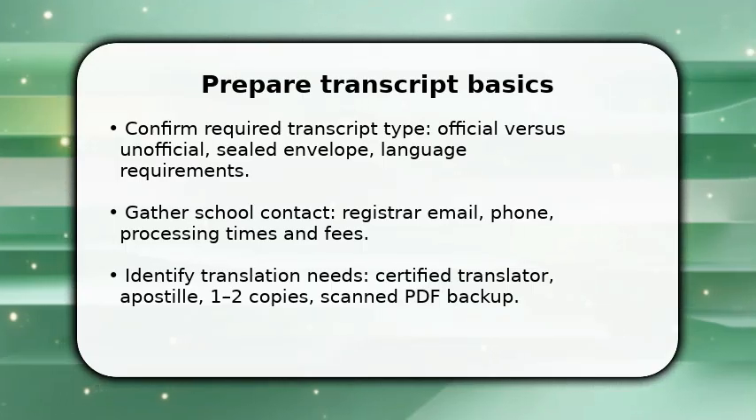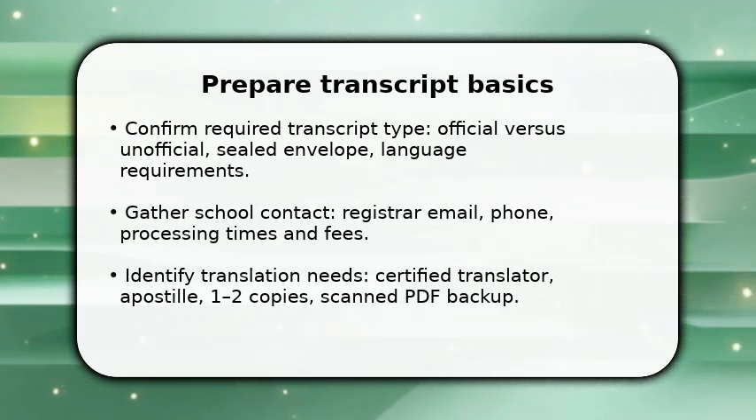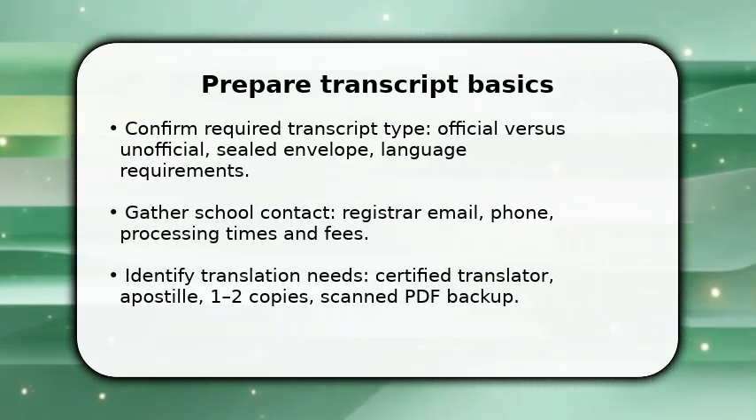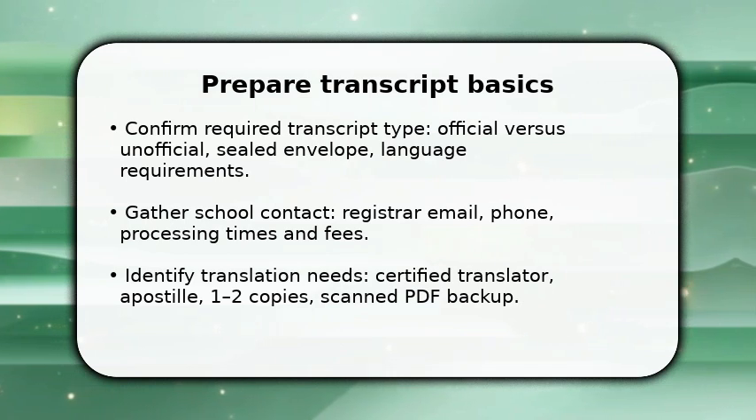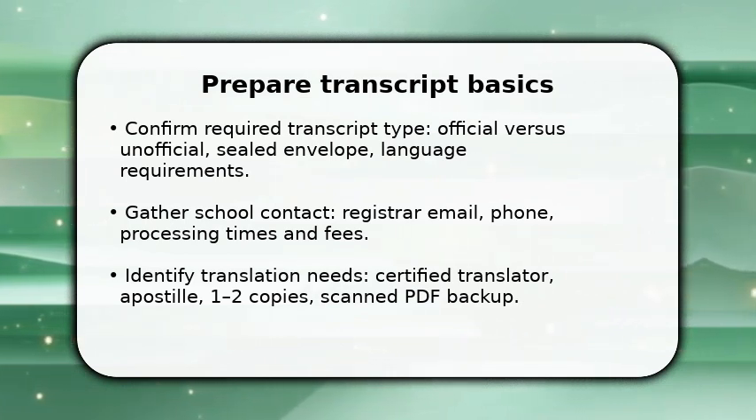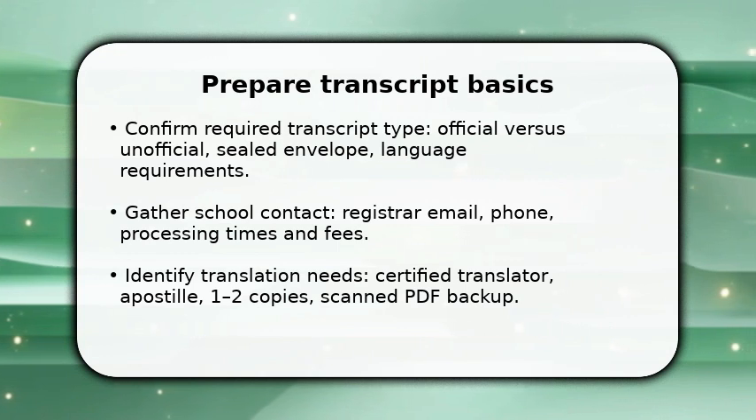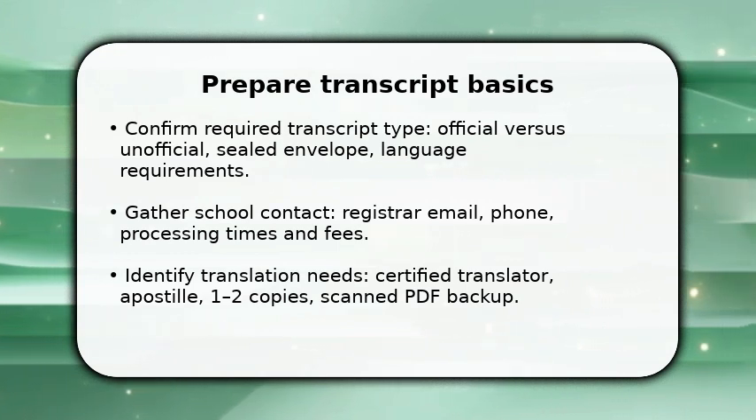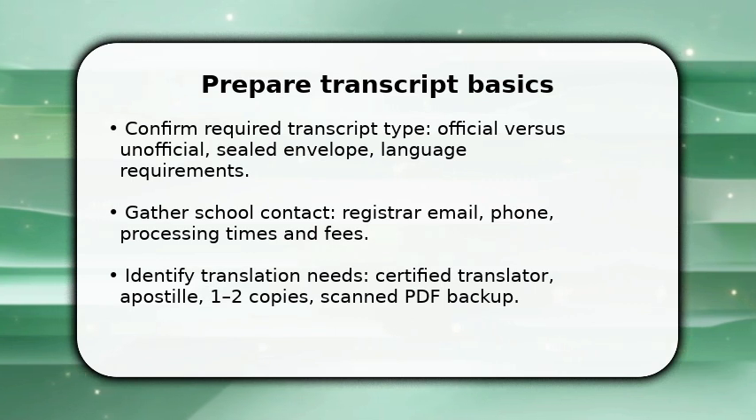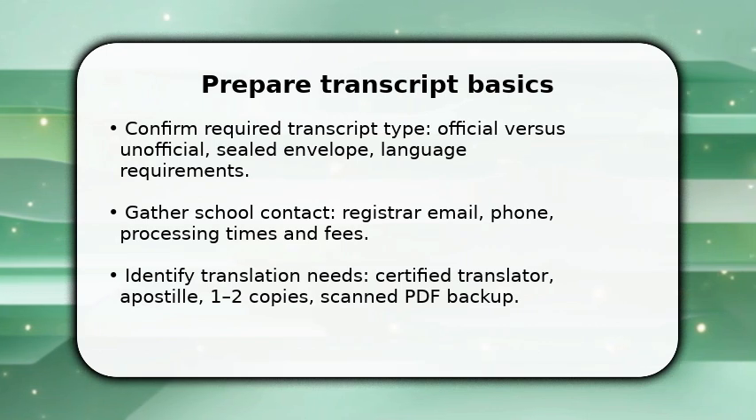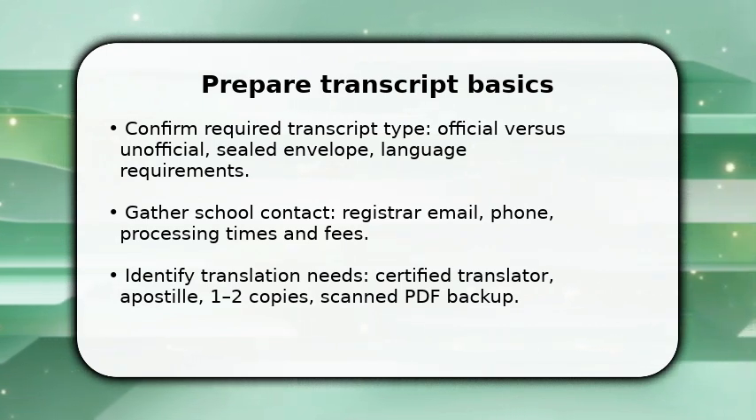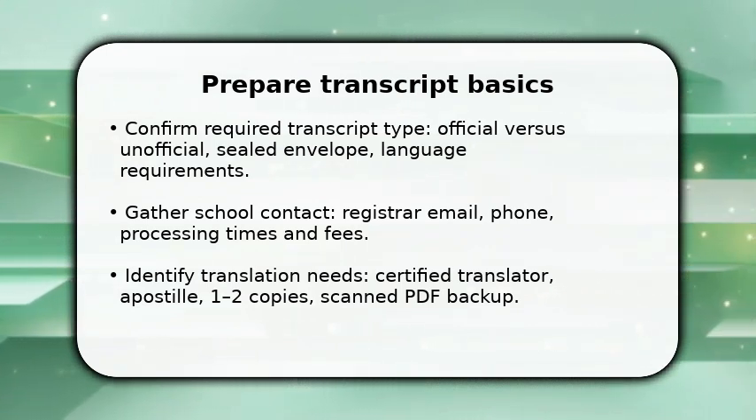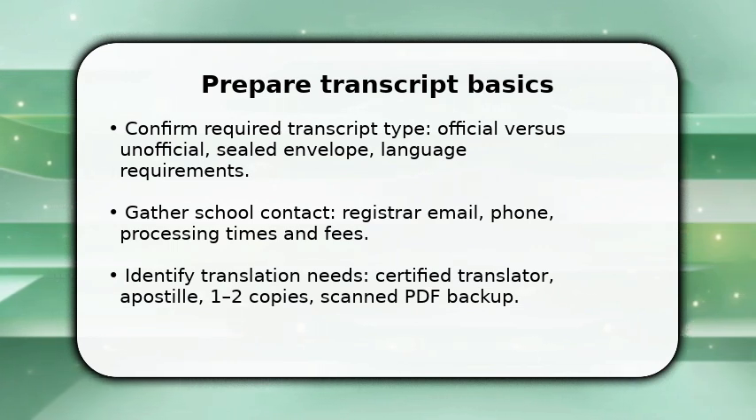You start by confirming exactly which transcript the GKS application needs, because getting the wrong type wastes days. Contact your registrar now, ask about processing time and fees, and request them to send an official, sealed transcript. If your school issues only local language records, arrange a certified translation and an apostille if required. Once you have confirmation, order both a sealed paper copy and a high-quality scanned PDF, so you can upload immediately